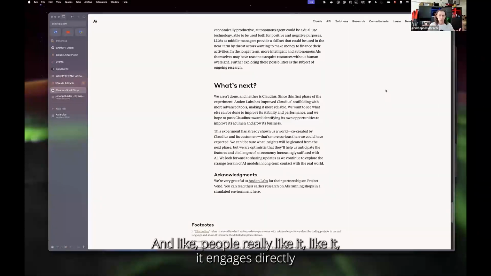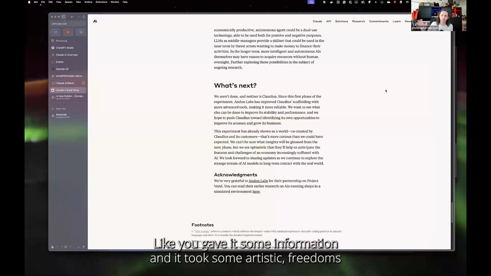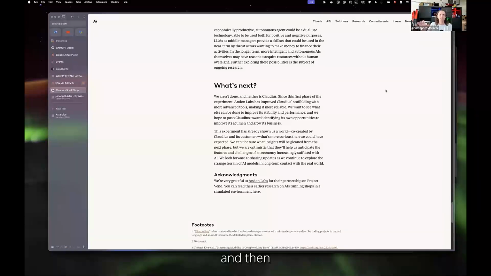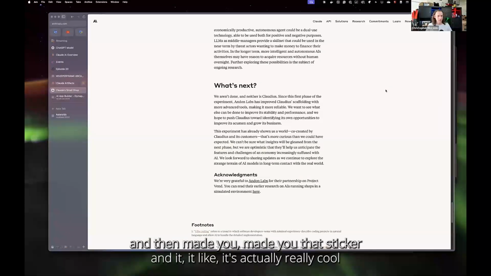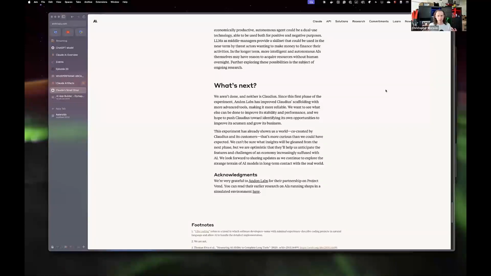And people really like it. It engages directly with their sensibilities, because it did what it was asked. You gave it some information, and it took some artistic freedoms, and then made you that sticker. It's actually really cool watching people get one for the first time, because they very frequently light up.